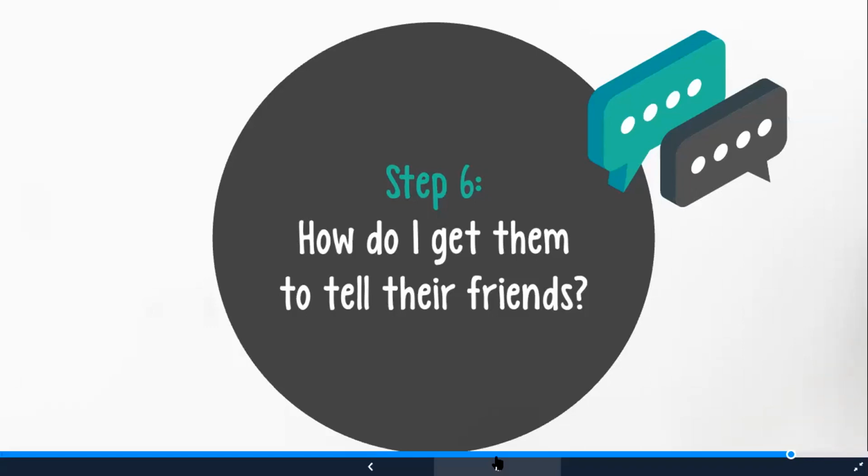But we forget to ask our customers for reviews. Unfortunately, with social media, what we find is that when there's poor service or unhappiness about service, people are very quick to go to social media with a poor review. But good reviews, you often need to ask for. Most of the time, you need to ask for it. So it's an important step to build into your marketing strategy to automate the process of asking your customers for reviews.